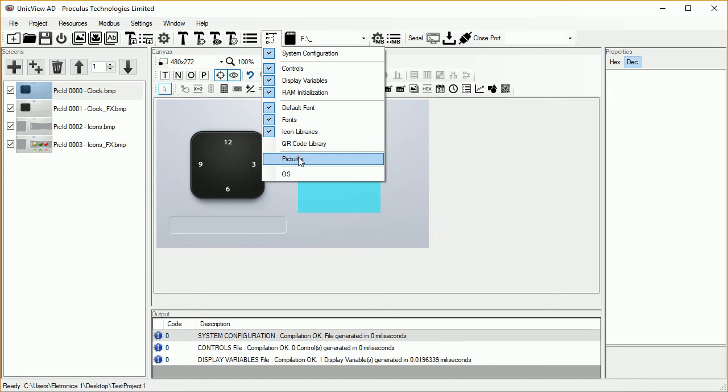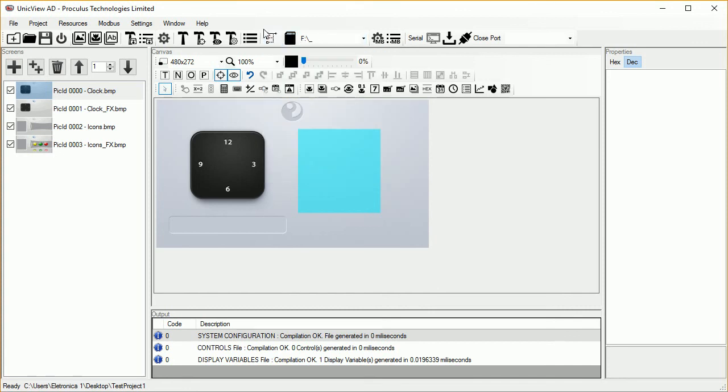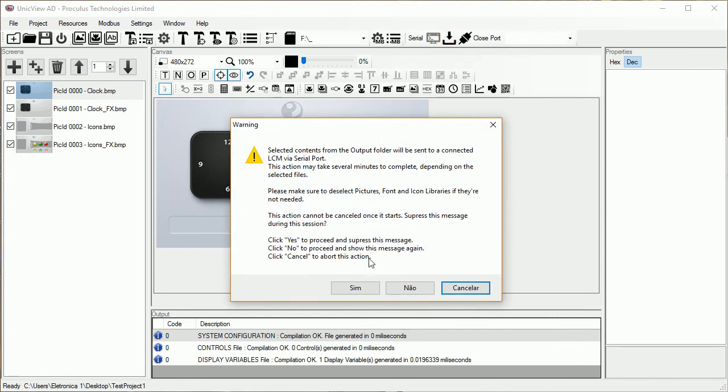The file copy via serial port may take a long time to complete, so it's best to disable the copy of the larger files. If you are modifying any serial port settings, only the system configuration file should be enabled, because further communications will fail after the changes. Now, click Download Files.